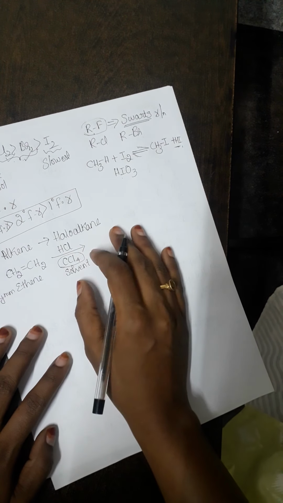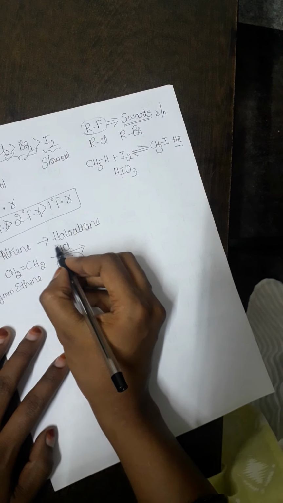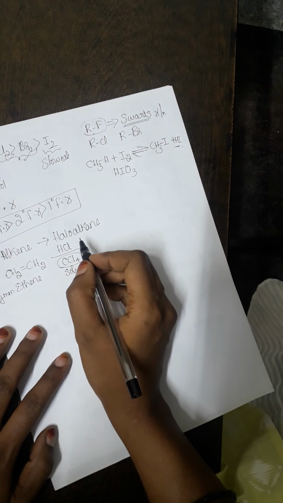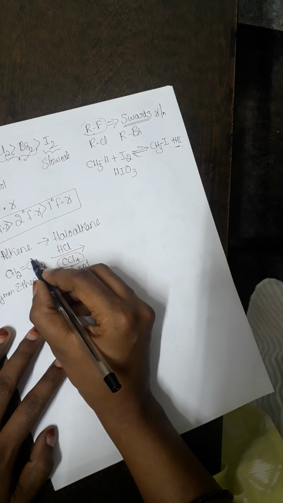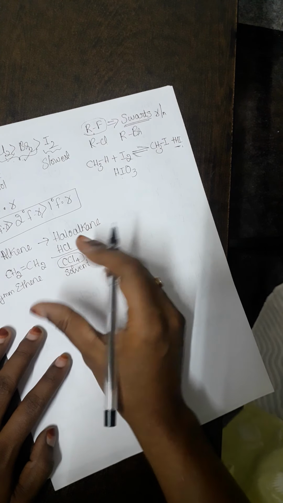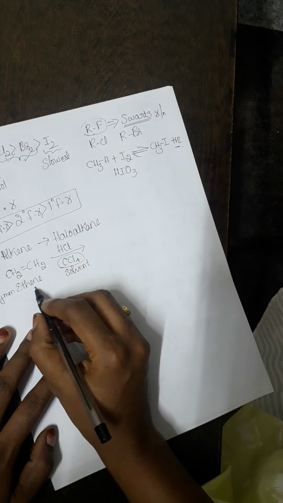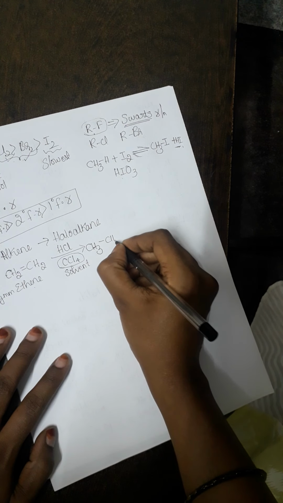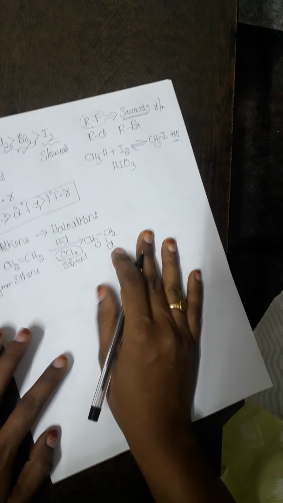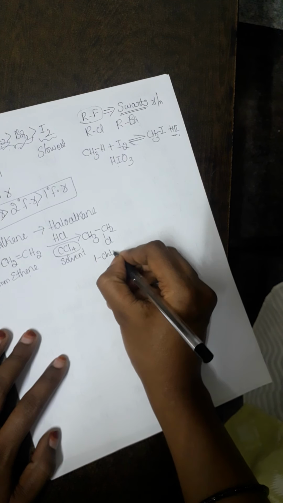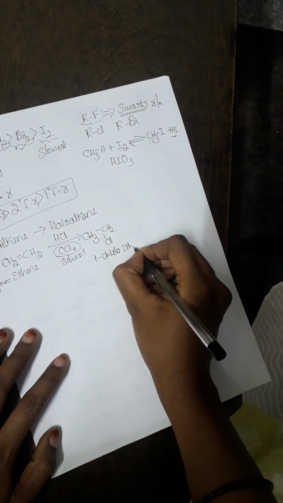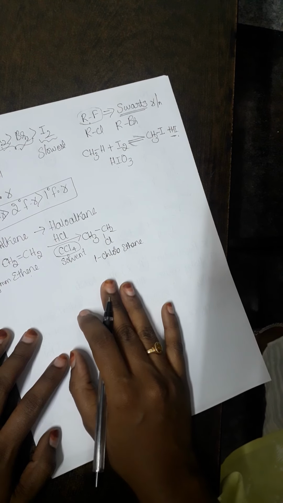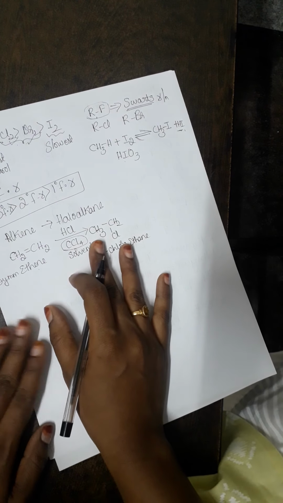So now what will happen? Very simple. Hydrogen, if I add to one carbon, chlorine should be added to the adjacent carbon atom or vice versa. Why? Because it is a symmetrical alkene. So you will end up with CH3CH2Cl, which is nothing but 1-chloroethane, the IUPAC nomenclature. So this is with respect to the simplest alkene.